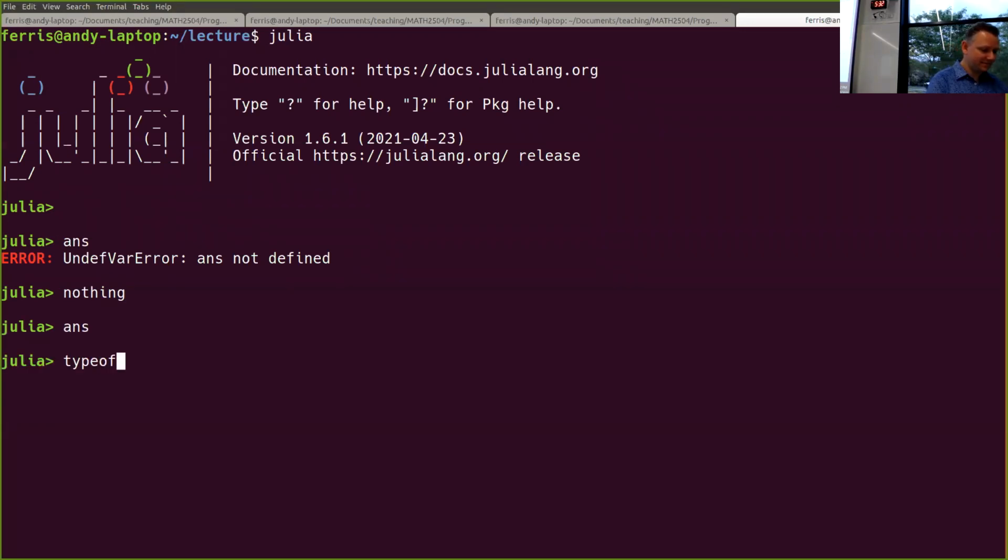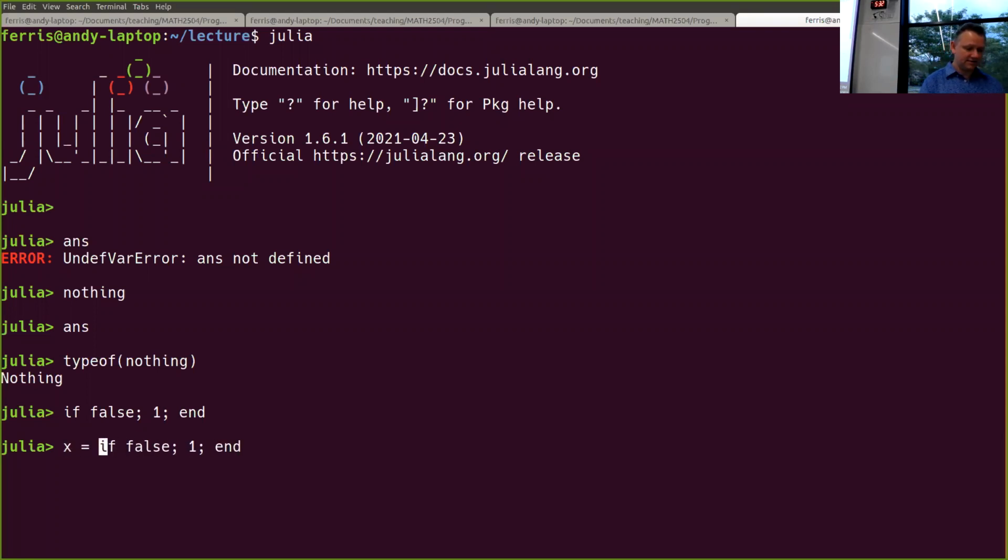So the type of nothing is nothing, and when I print it to the REPL, it doesn't show anything. When does it come up? It comes up like this. So if false, 1. This is an if statement without an else statement. And in this case, you're taking the else branch because false is not true. And by default,